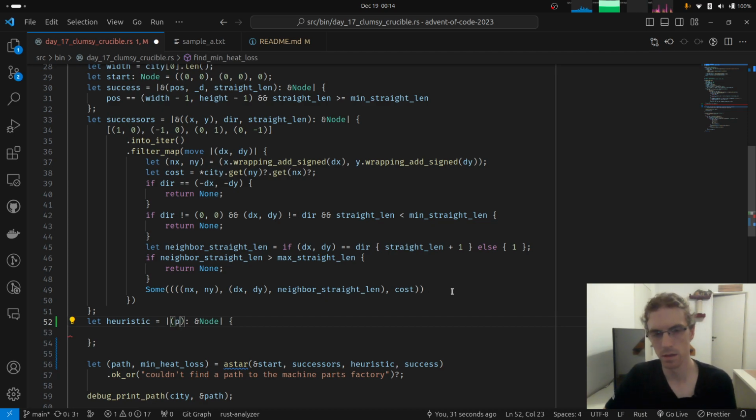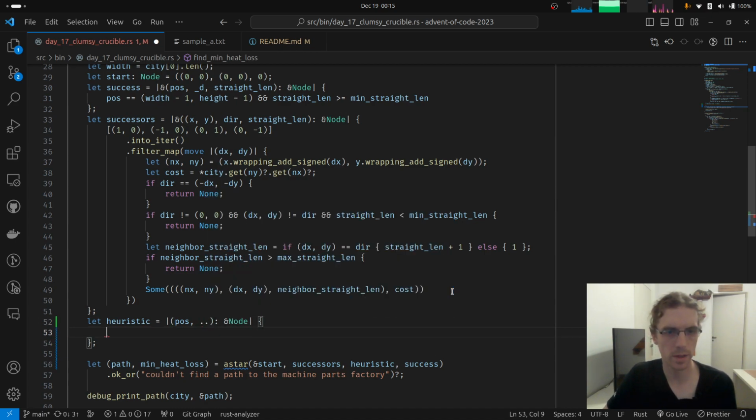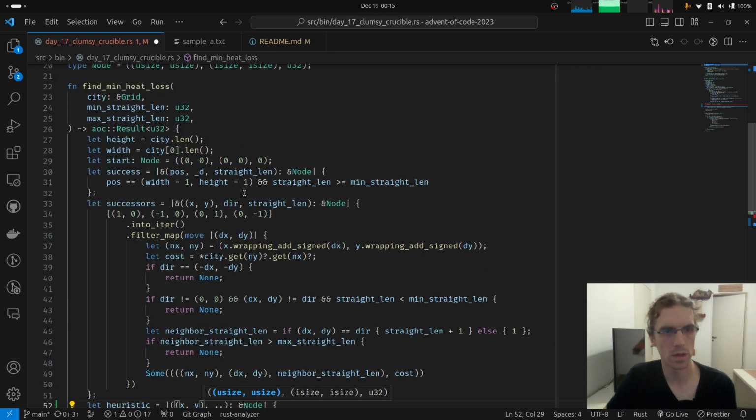This will be a very conservative estimation. We can extract the position as xy, and we also have our goal here.